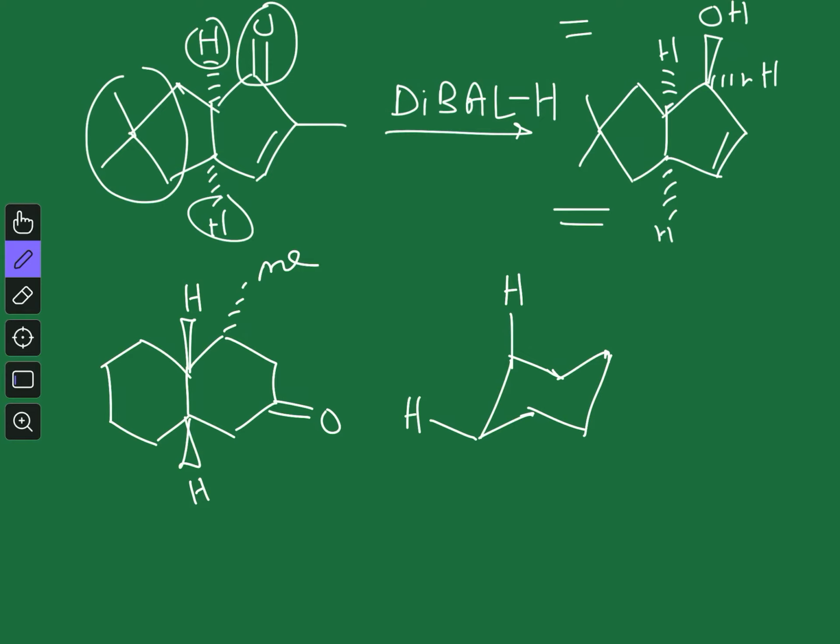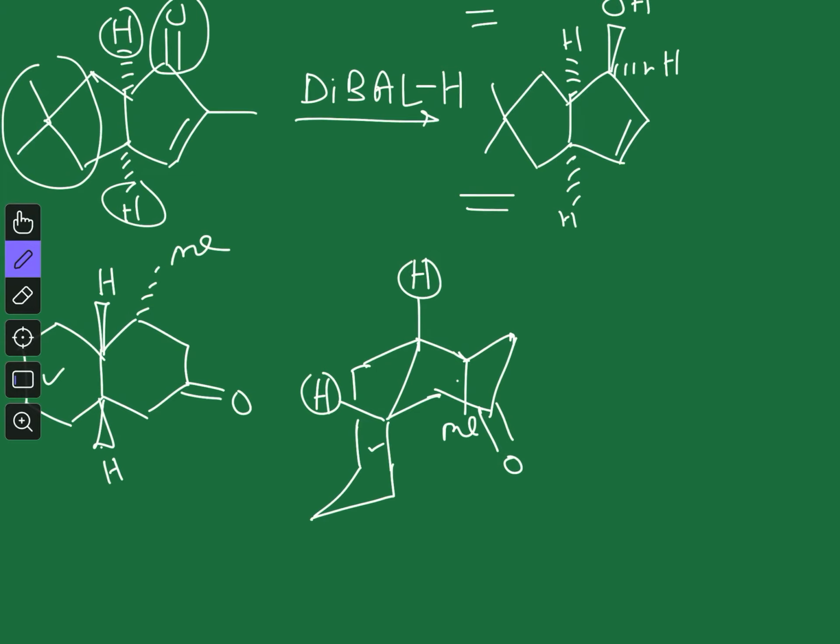Now I have to draw another cyclohexane. How can I draw it? I can draw it like this. So this is another ring, so this is the second ring and this is the first ring. On the first ring you can see you have these two hydrogens, this one and this one. Here you will have the carbonyl group, one carbon away, and the methyl group is actually below the plane. So that means your methyl group will be here. So this is how the structure of the molecule will be.